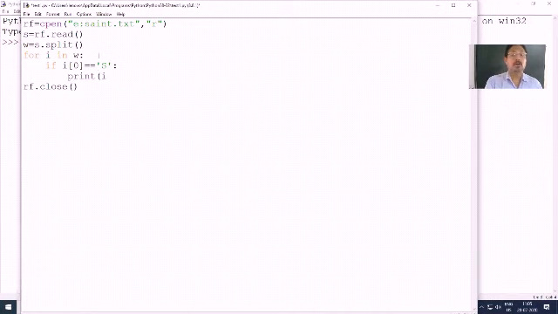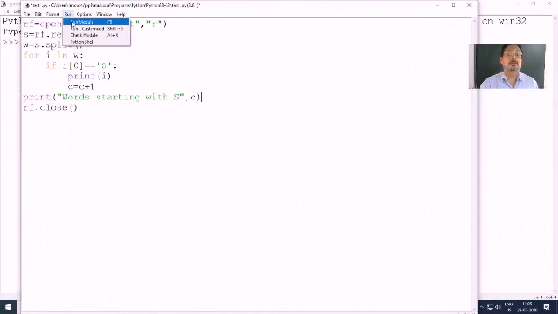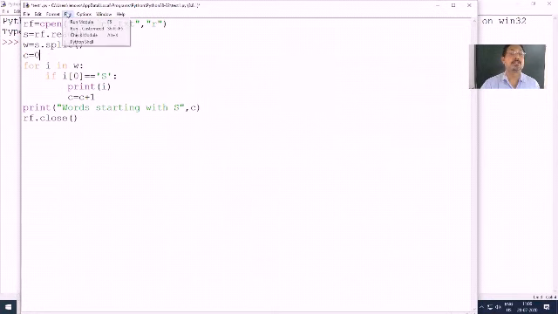I. And if you want to also count total number of such words, then you write here C is equals to C plus 1. And then finally I'll come here last, that is print words starting with S. Okay. Now it depends capital S or small s, you decide it. So I'll write it here C. Run. Sir, C define करना. So just give C value as 0, C is equals to 0, and run this program.